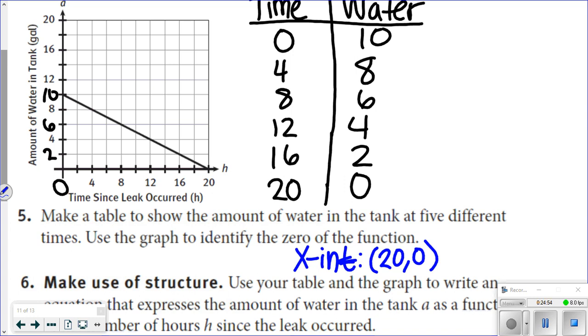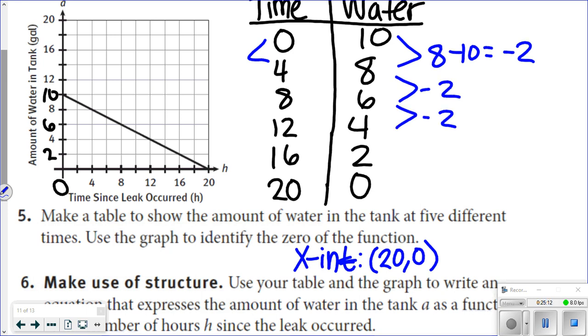So let's calculate our slope here. What are we changing by? What are we going down? 10 down to 8. 8 down to 6. What's 8 subtract 10? We're going down by 2. Going down 2. Going down 2. Okay, what are we changing by here from 0 to 4 in our time column? We're going up 4, up 4. So my slope here is a negative 2